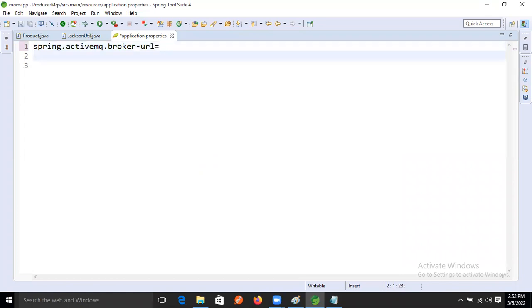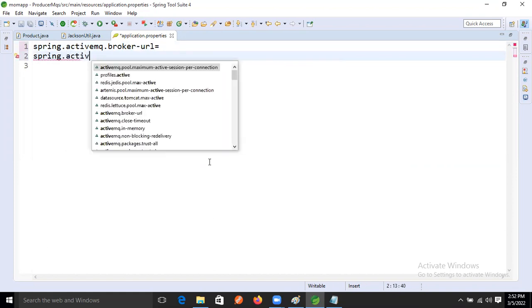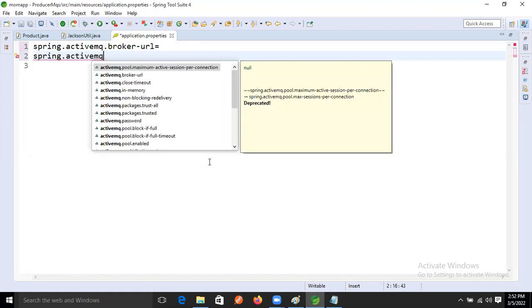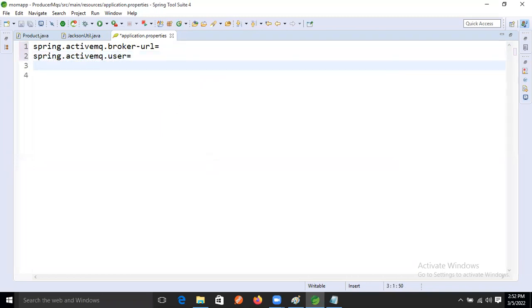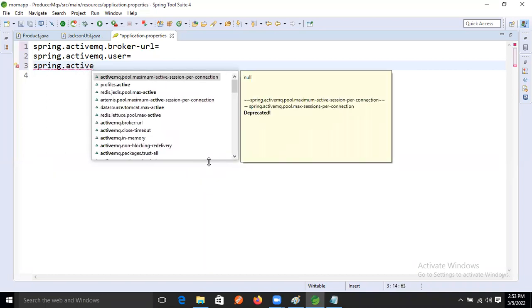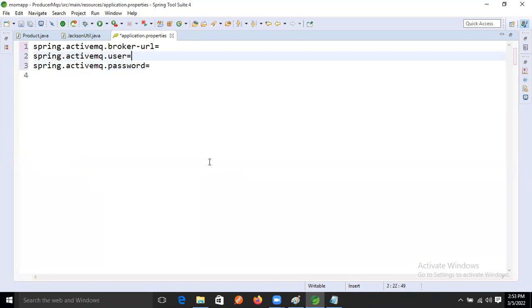Another one is spring dot activemq dot user, and another one is spring dot activemq dot password.